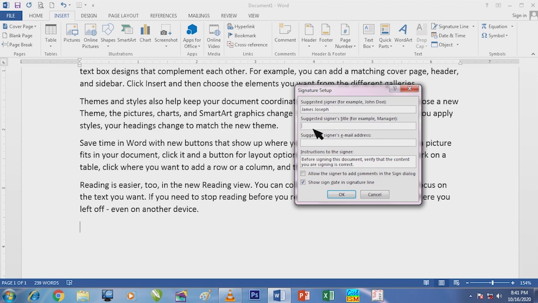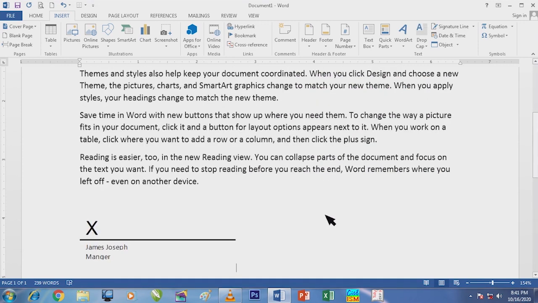And also the designation can be mentioned here. There is also an option for giving the email, and email is not necessary. If you want, in the third column you can type the email also. If I want the date to appear along with my signature, I have to tick this column and then click OK.